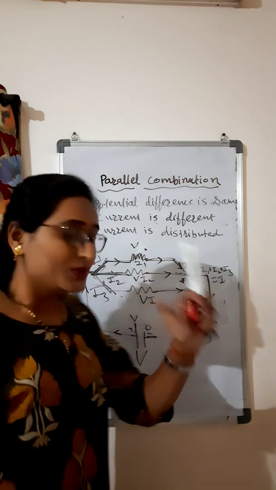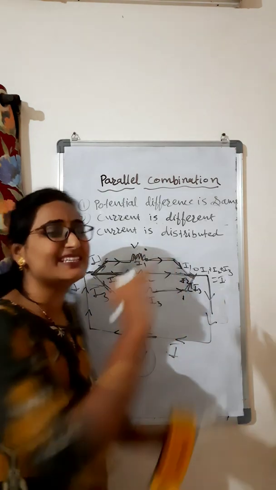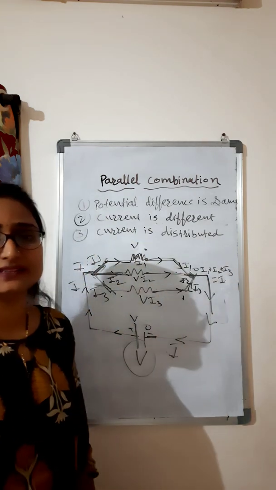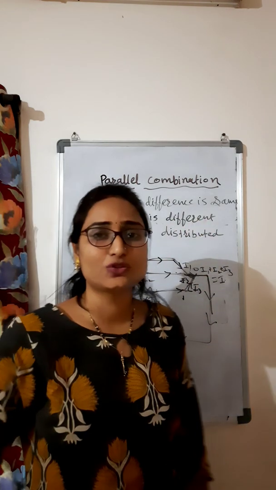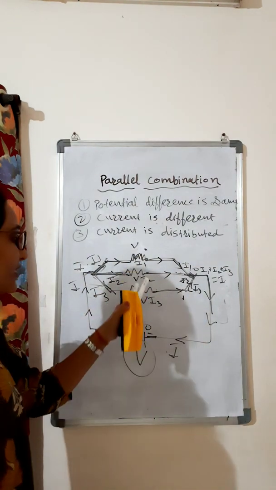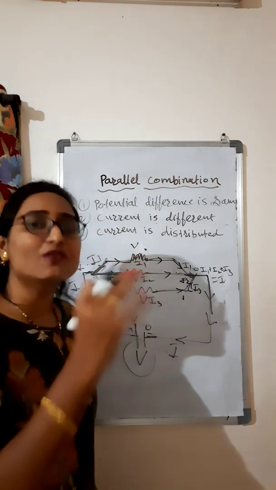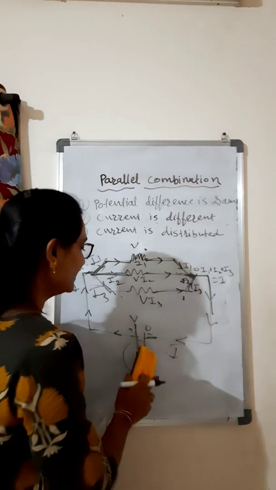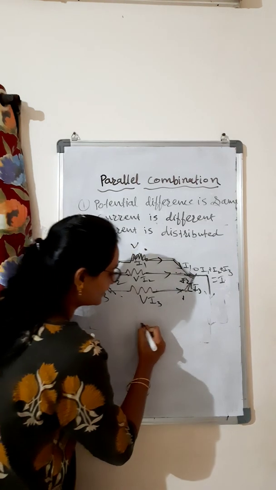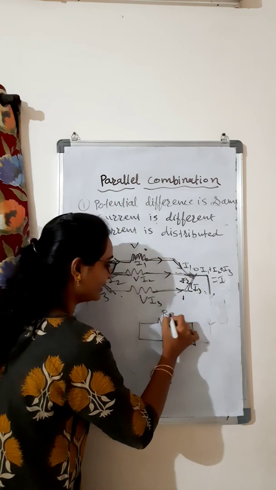Now see, again I told you the battery or cell can't see how many resistances you are connecting. It will only see the equivalent resistance of that. In series combination also I told you. It will not see how much current or how much resistance each one is. It will see, by including these three, what the equivalent resistance is. Only this combination, this equivalent resistance it will see. This is the R equivalent for it.